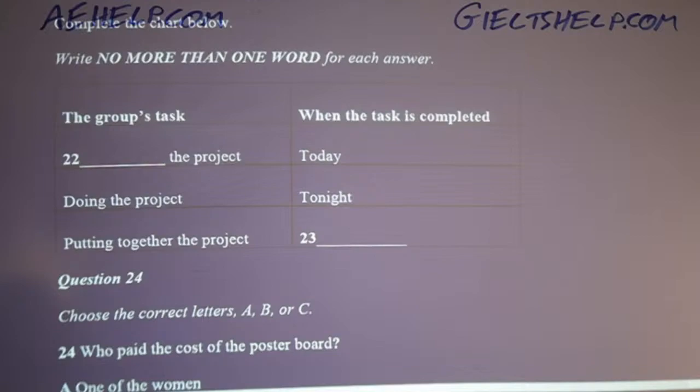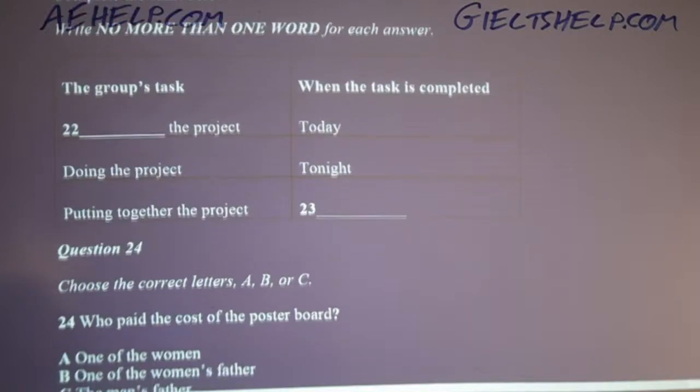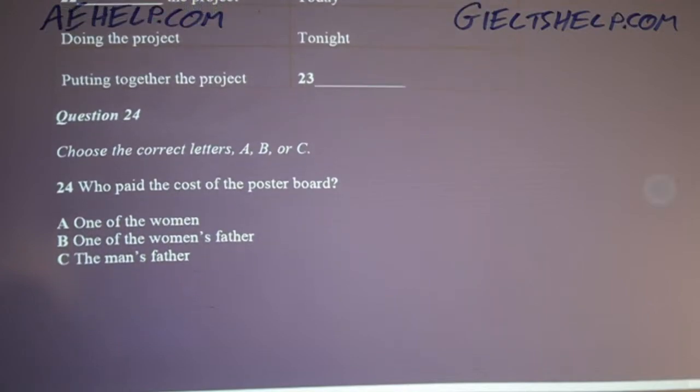Let's get started on the planning. Alright, so we have to come up with a 3-panel poster about a topic in European history. I already bought the material for the poster, so we don't have to worry about that. How much was it? It was £3. OK, we'll each give you £1 for the poster board. No, don't worry about it. My dad paid for it anyway.